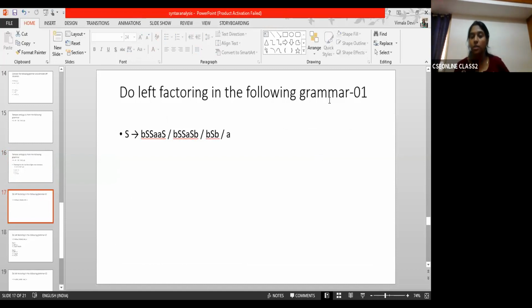So left factoring is a desirable property. If the grammar gives room for that, we have to do the left factoring. So what is the advantage of left factoring? Left factoring is reducing the number of alternatives. So the parser does not need to be confused with more alternatives. That is why we are performing left factoring on the grammar. It reduces the number of alternatives for a variable. That is the advantage of performing left factoring.